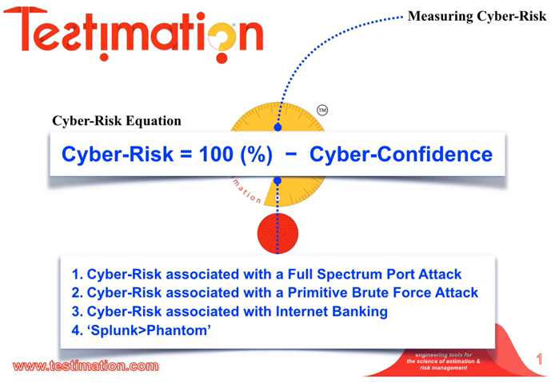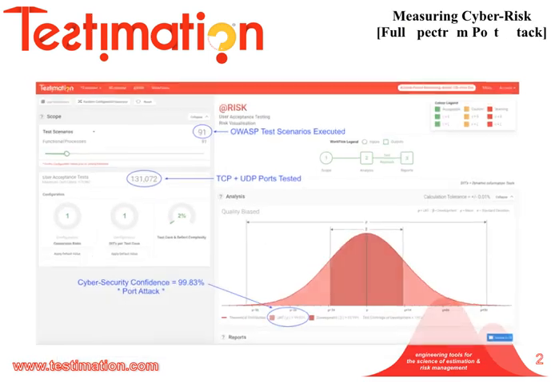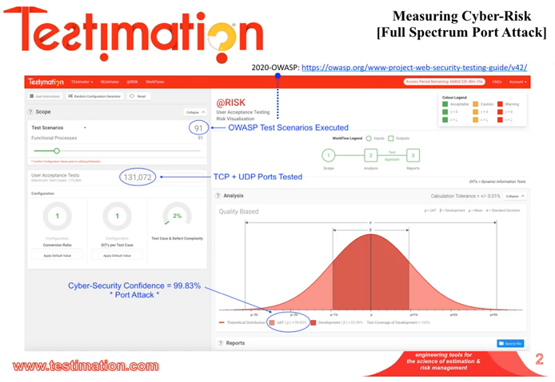Let's now look at the first simplified example, that is, the residual cyber risk associated with resisting a full spectrum port attack. Appearing on screen is the at-risk graphical user interface. We shall utilise this GUI to measure our cyber confidence. To perform a measurement, we only need to enter 2 inputs, that is, the number of test scenarios we expect to execute and the number of vulnerabilities we are testing against, that is, in our case, the total number of ports. In our simplified example, we shall graphically visualise our port vulnerabilities against 91 Open Web Application Security Project test